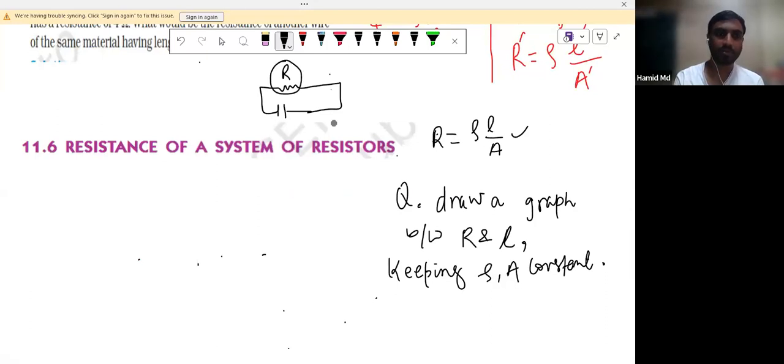Got the point? Yes, sir. Your bulb is connected over here, to these two points. Every load, whether it is a mobile charger, fridge, AC machine, whatever it is, that load is being called